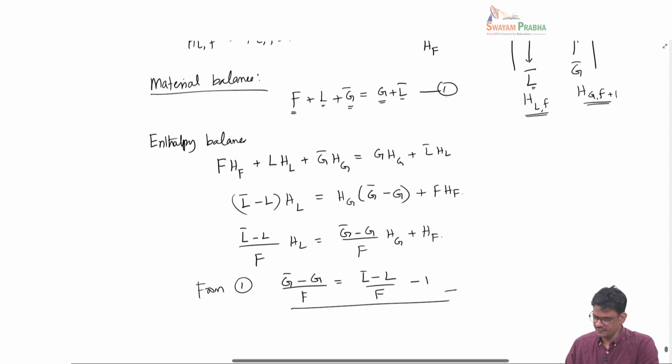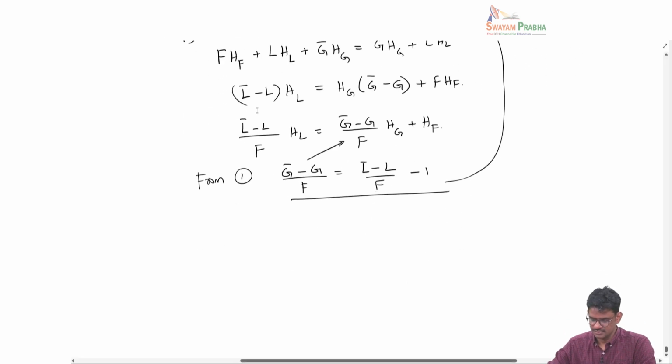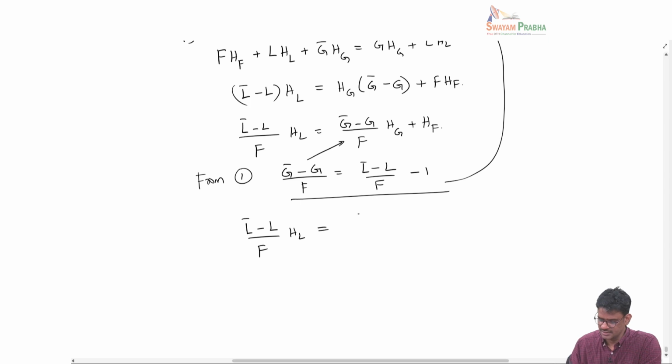This equation is coming from equation 1, and the reason we are doing this is because I can substitute for G bar minus G by F in this equation. So, I get L bar minus L by F HL